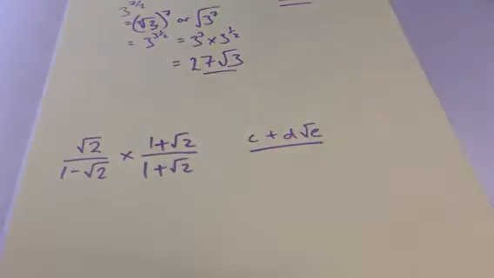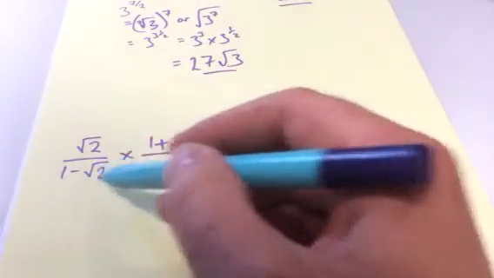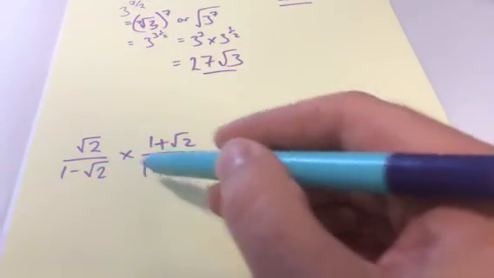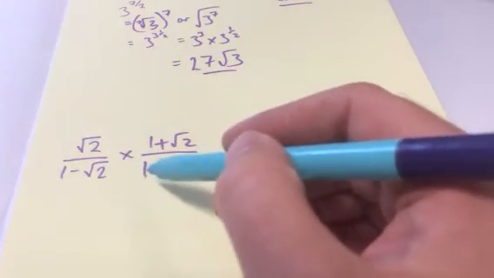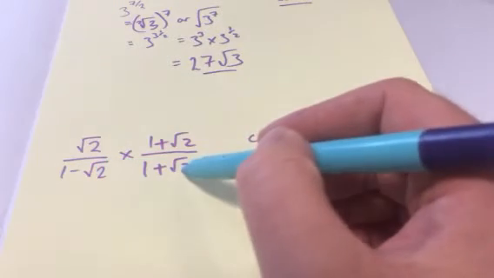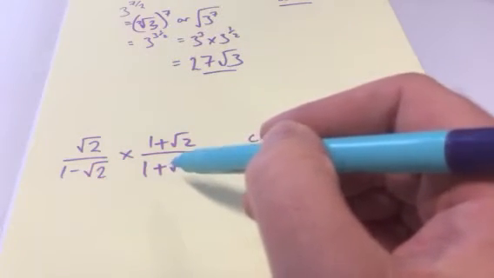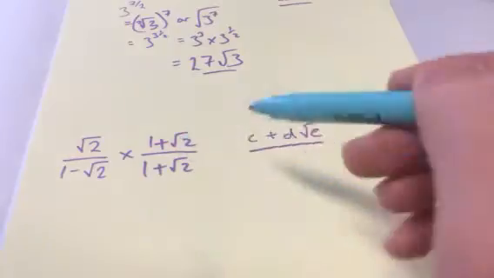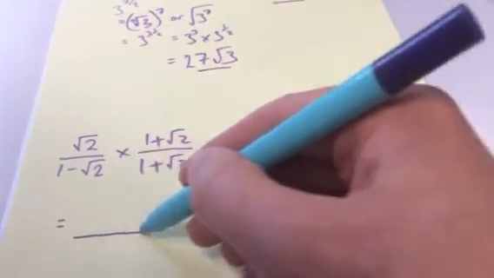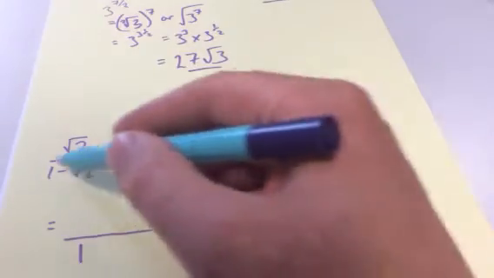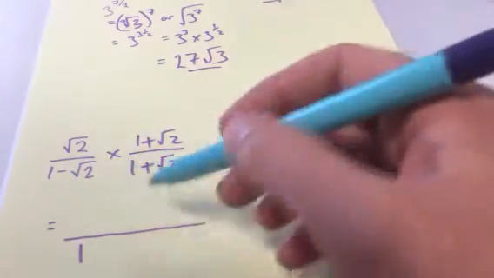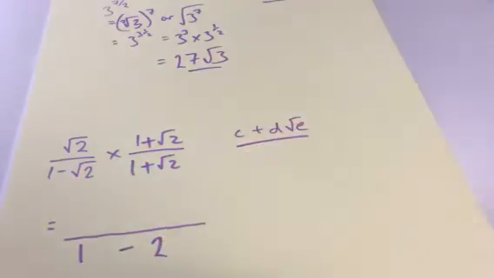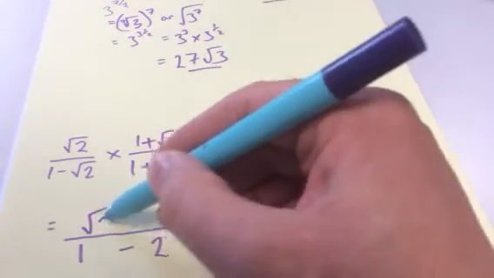Now you probably saw this at GCSE level. So it's got a different sign there. So the middle terms of that expansion will fall away, and the root 2 times root 2 will disappear because root 2 times root 2 is 2. So deal with the denominator on its own. I'm going to get 1 minus root 2 plus root 2. They'll cancel. Minus root 2 squared is 2, and then to expand the numerator,